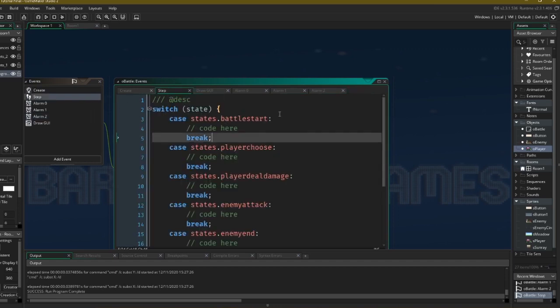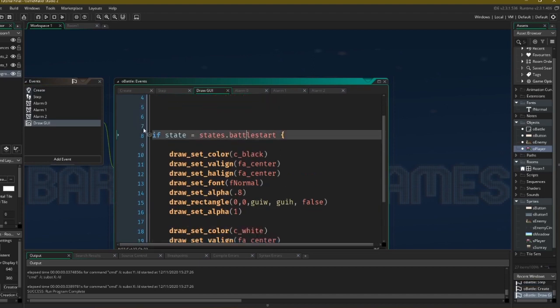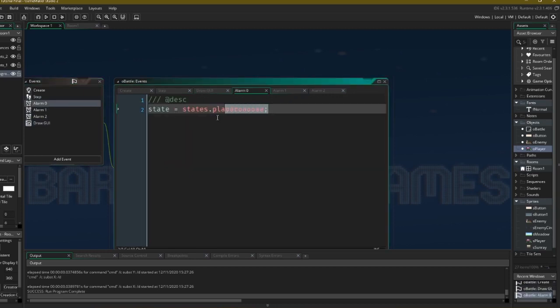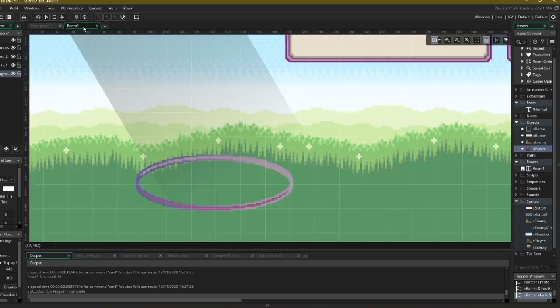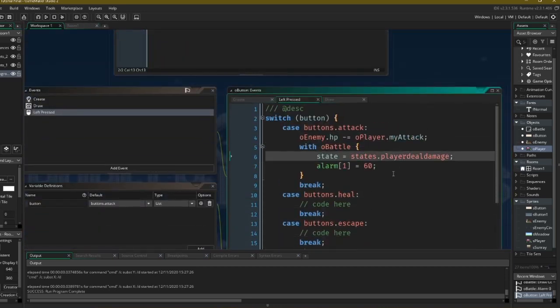So we get into the game, we're immediately in state.battle start. An alarm goes off for 60 seconds. When we're in the battle start state, all we're seeing is what's in here because that's what we have for draw GUI. And once that alarm goes off, it's immediately switching us into state.playerChoose. Now nothing happens in this until we actually press our buttons. That's going to switch us to our next state, which